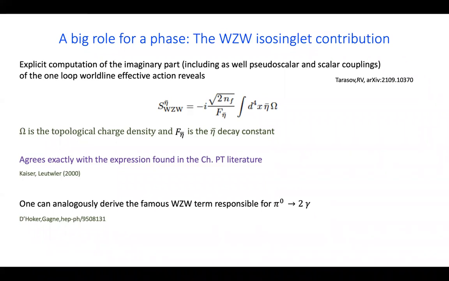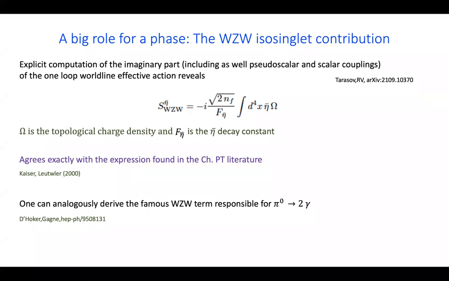And that's a massless pseudoscalar eta bar coupling to F F dual. Omega is F F dual in my language. And F is the eta bar decay constant, which is 1 over square root of N_C. So there's a 1 over square root of N_C factor here times eta bar times omega. And we derived this explicitly using this Warline formulation, and we found to our pleasure that this agreed with the